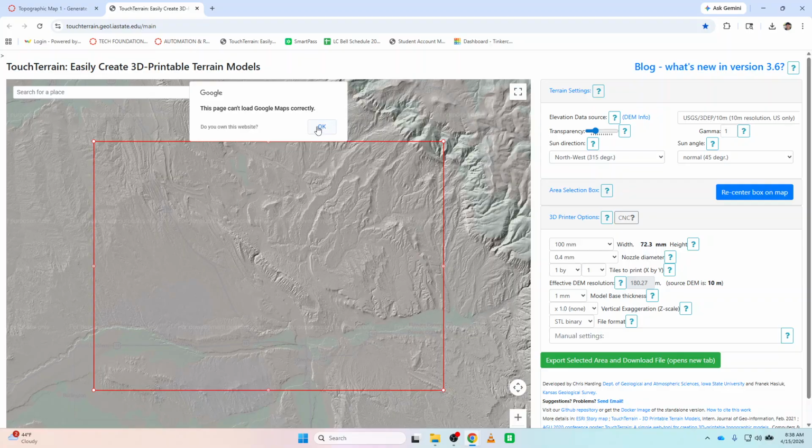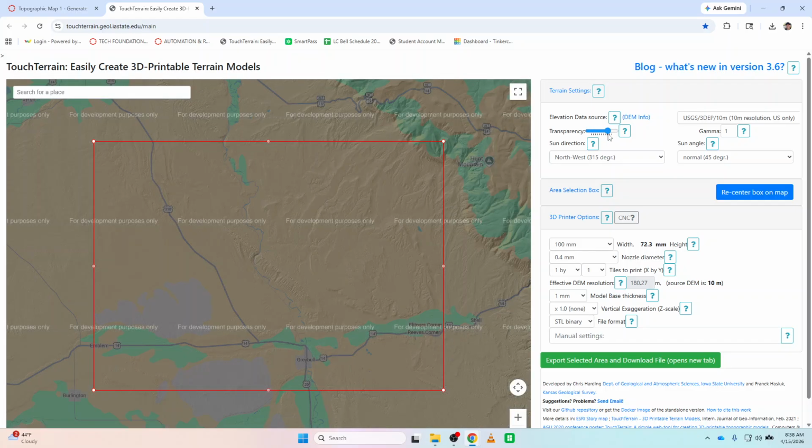All right, so here, let's get rid of this little warning. That's not important. The first thing I want you to do is to increase the transparency significantly. So I'm going to slide this over so that I can see the map a little bit better. Don't go all the way. You won't be able to see the elevation. So somewhere in between, maybe 2 notches away from all the way. I'm going to use that. Okay, so now what we need to do is we need to find,